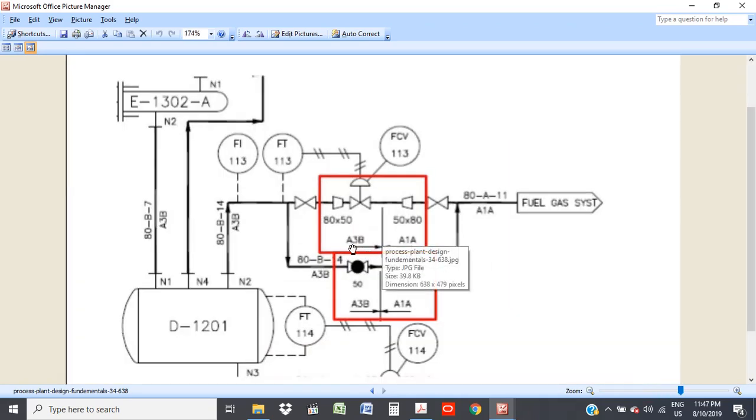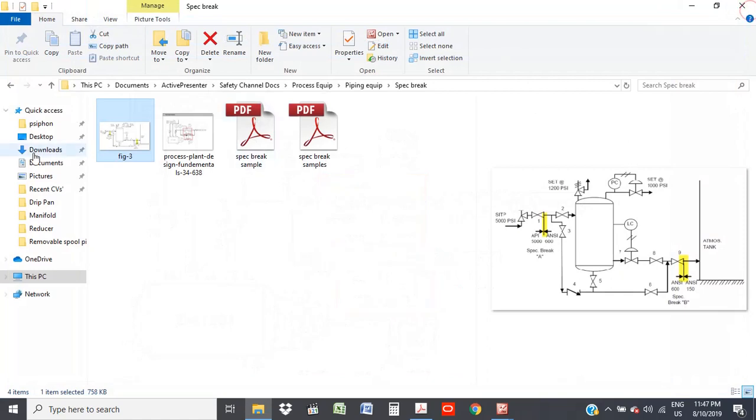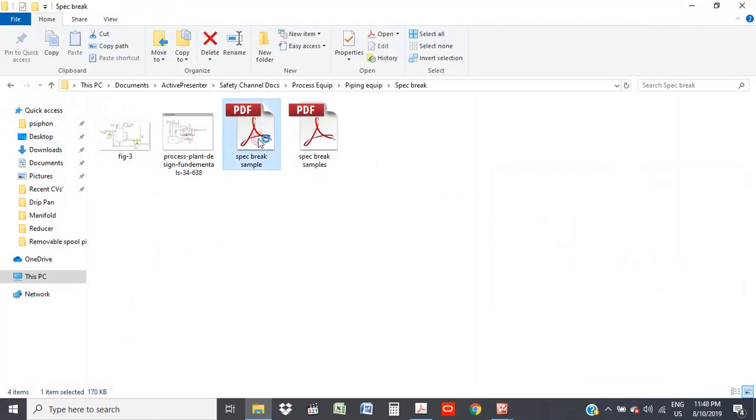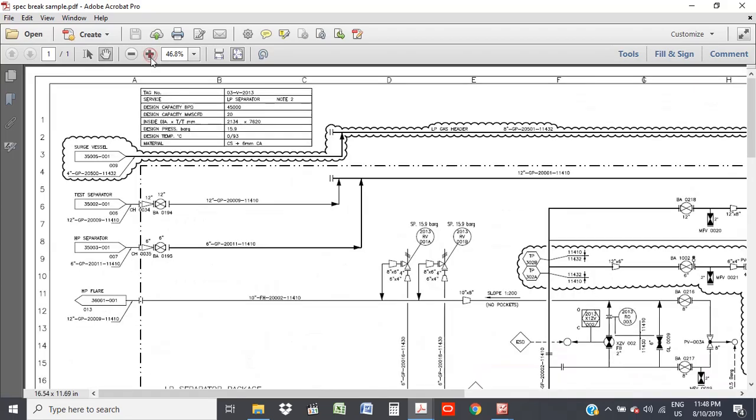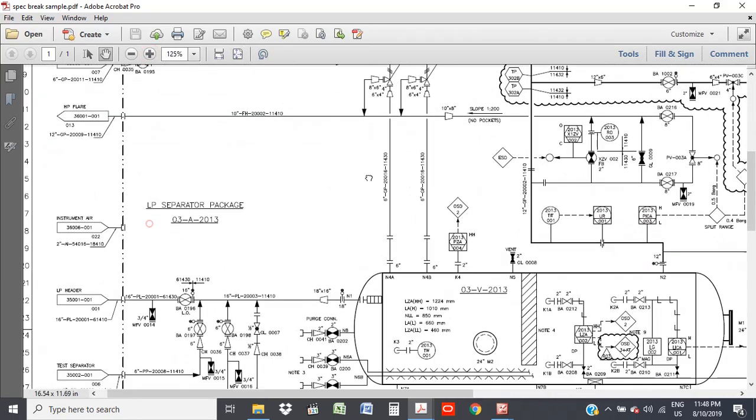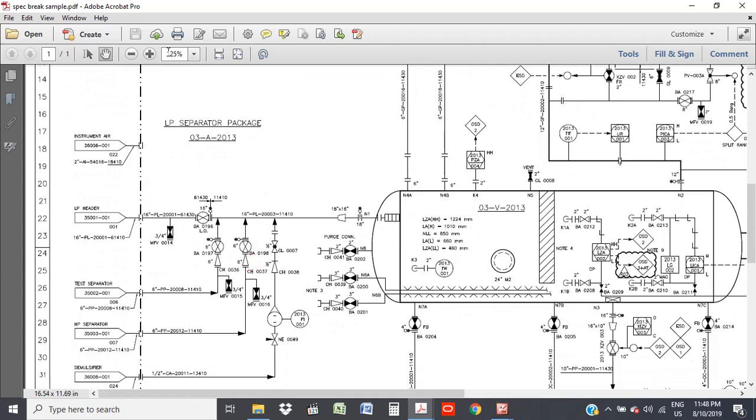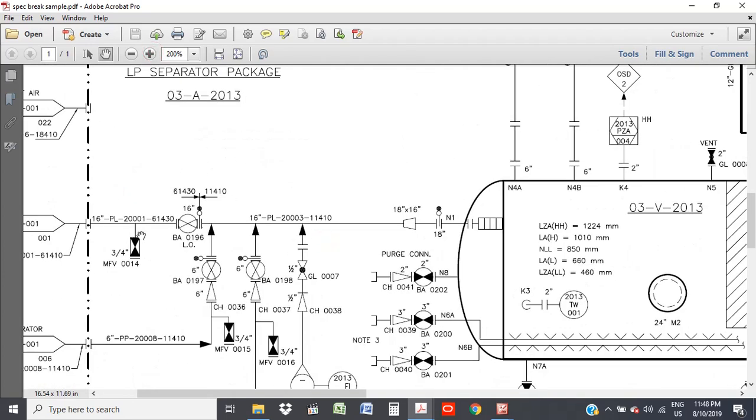Same here. This is A3B to A1A. It's very necessary in a hazard study, or as a process person, to pick this up and not make this error, because that's what changes the piping specification. Whatever this pipe might be designed to take, even if it's 16 inches and this is 16 inches, this might be okay with stainless steel and this might not be okay with stainless steel. So you'll want to make sure you indicate it very clearly on the P&ID, so that as the hazard study is going on or as the design is going on, you would know,